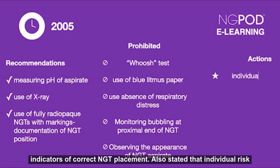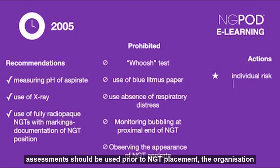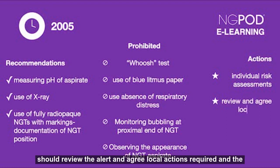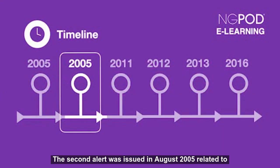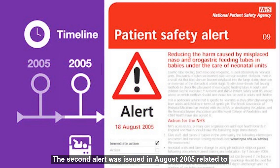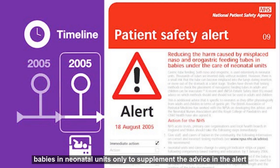The alert also stated that individual risk assessments should be used prior to NGT placement. The organisation should review the alert and agree local actions required, and incidents involving misplaced NGTs should be reported through risk management systems. The second alert was issued in August 2005 and related to babies in neonatal units only,